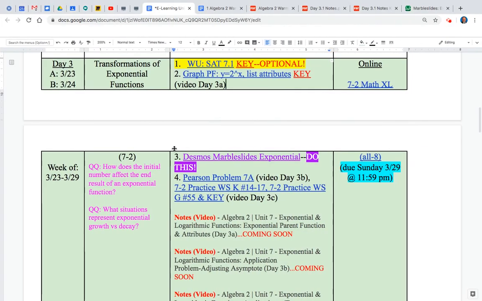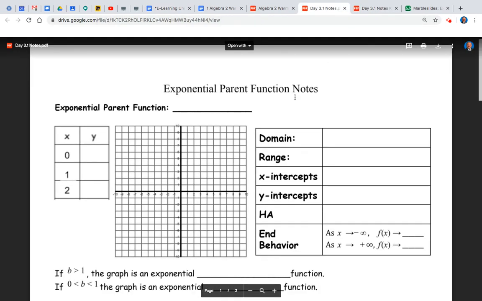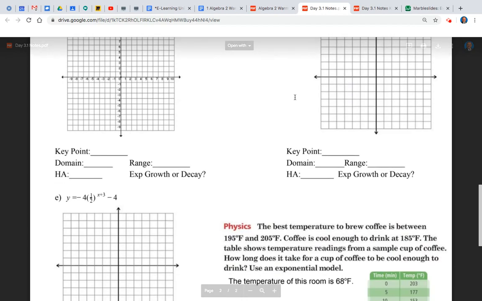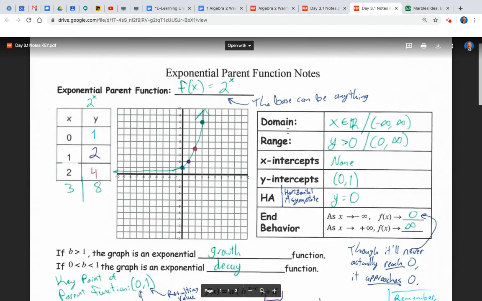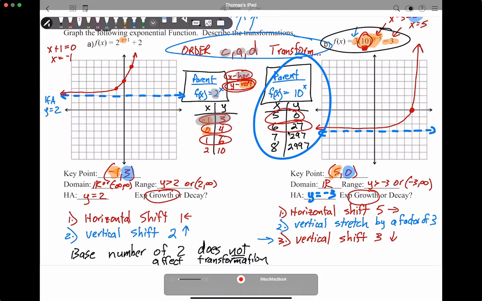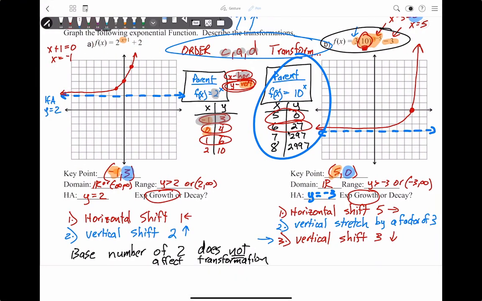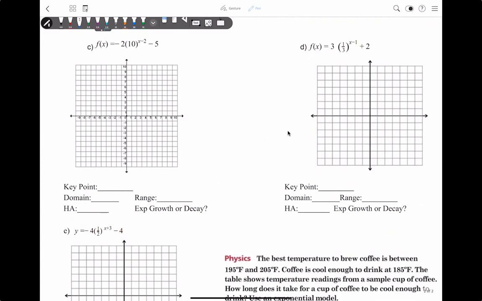Okay, so let's go ahead and go to our notes over here and make sure that we have everything for this video intact. We're going to go all the way. Yeah, we still have. So this video is going to be a little bit lengthier compared to the other ones. The other ones will be a lot less. But let's go ahead and keep going to the second page part